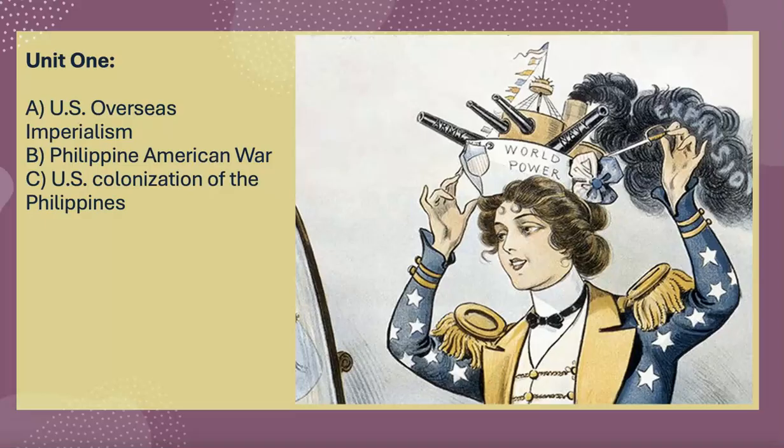Unit 1 of this course will explore America's pursuit of overseas empire. That is, the ambition to become an imperial global power and the desire to be in league with other great empires at that time, specifically those great European empires. And this occurs at the end of the 1800s, spilling over into the 20th century. And we'll see that this marks a fundamental change in U.S. foreign policy